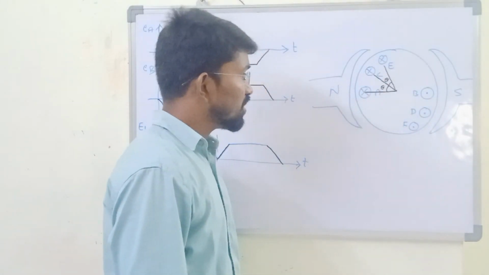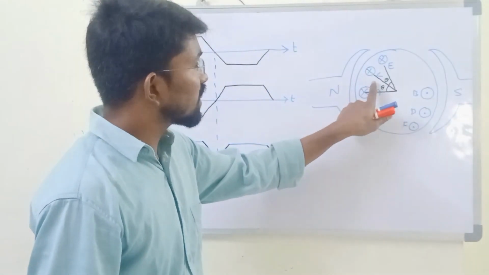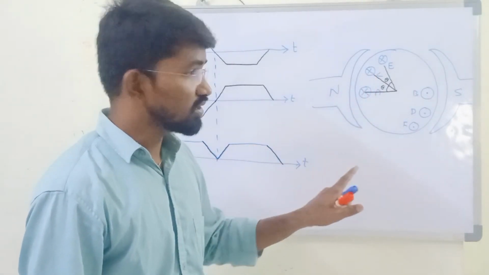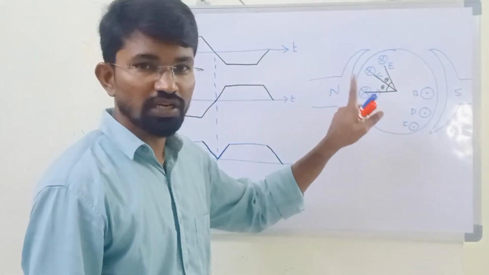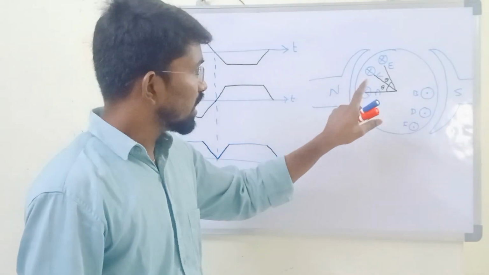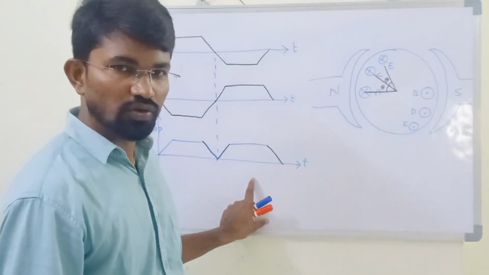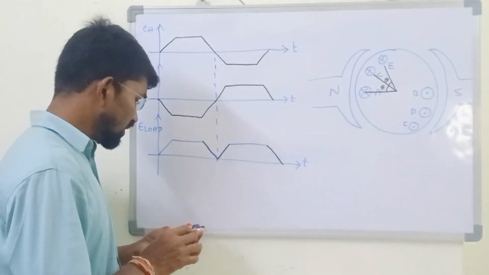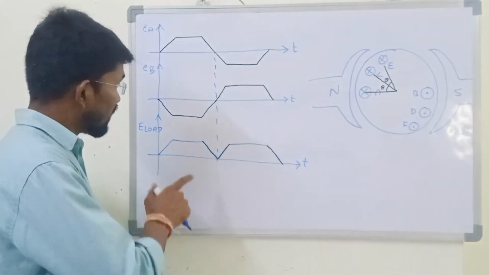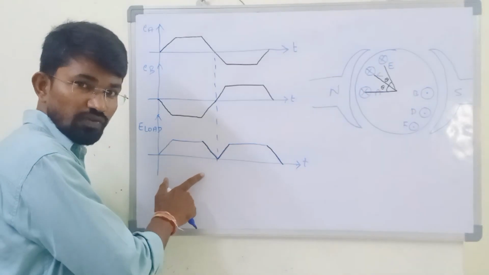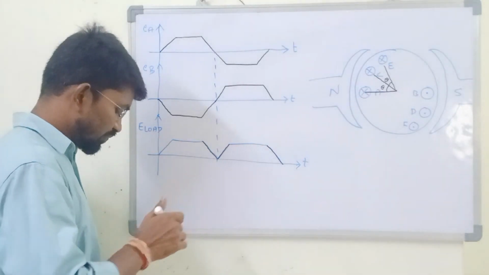Yes or no? Obviously, therefore conductor A and conductor C are not in phase. They are having some phase angle difference of theta. Yes or no? And let us take the same consideration here and we will try to understand what is going to happen. Right? And presently, whatever waveforms we have done, this is for only a single coil. Yes or no?